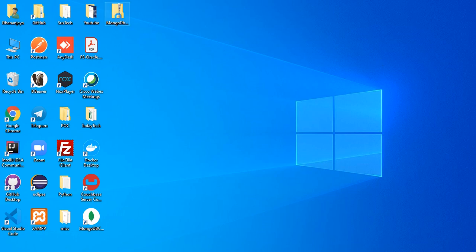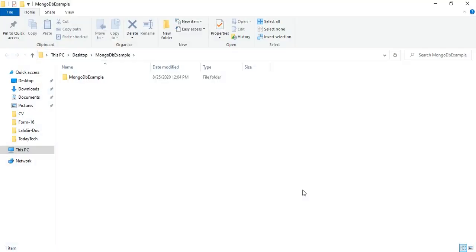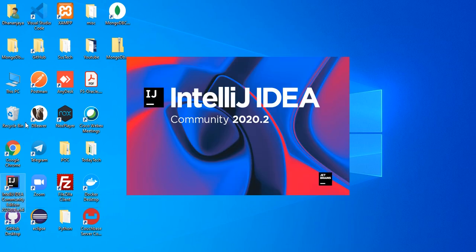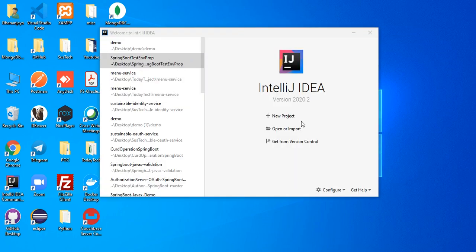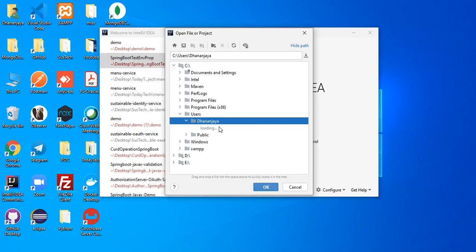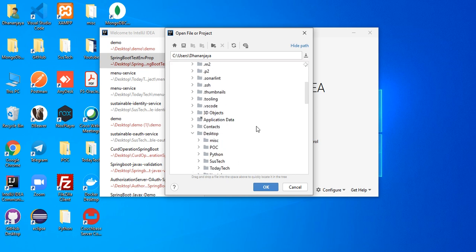Okay, project generated. Let's extract this and import that in IntelliJ.